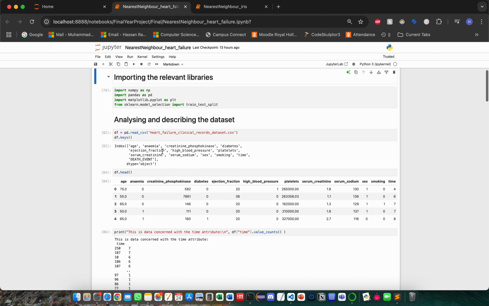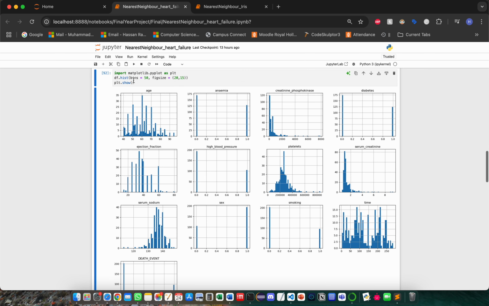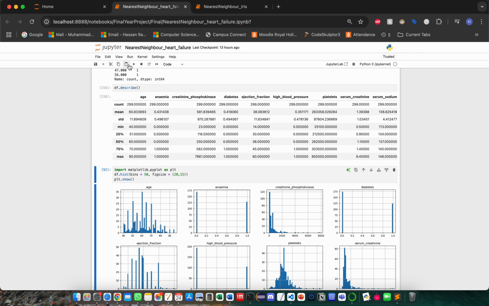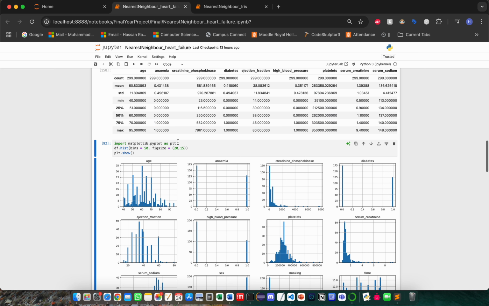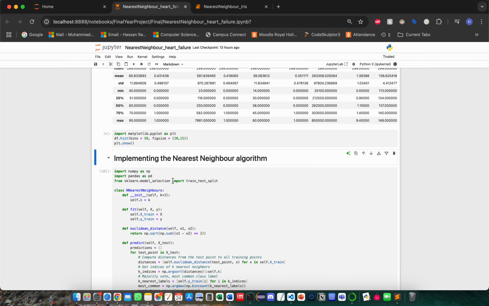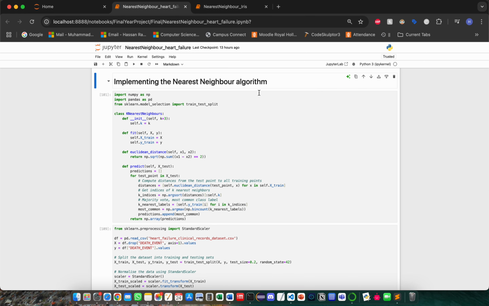So for this algorithm again, I imported the libraries and I analyzed the data set. You can see here, this is me displaying the head of the data set. Let me carry on. I've done a histogram for each of the features which this data set had. So for age, for diabetes, everything. You run this algorithm, and then this is where you're again at the implementation of nearest neighbor from